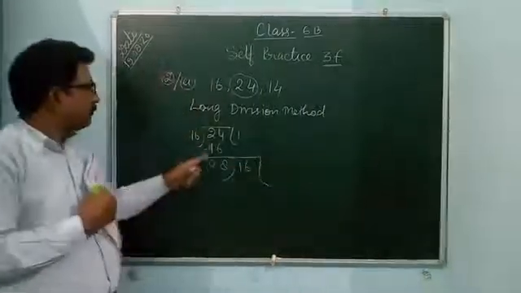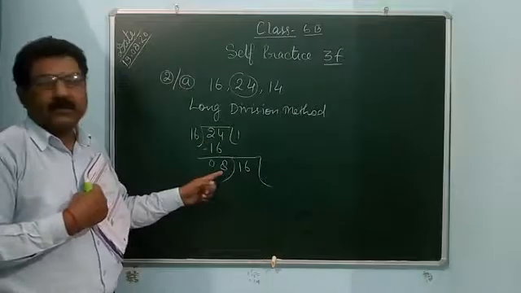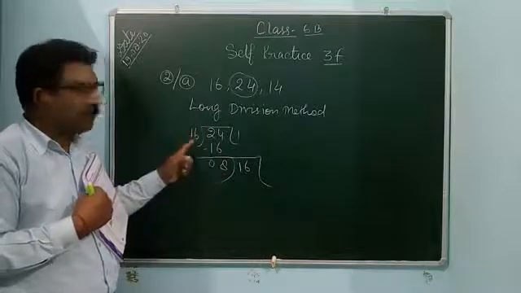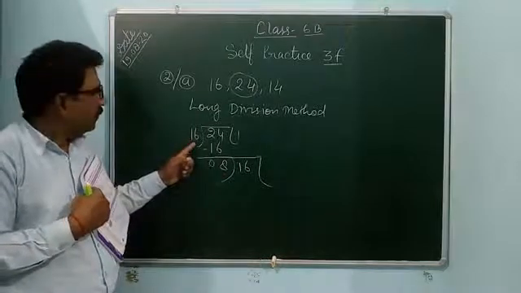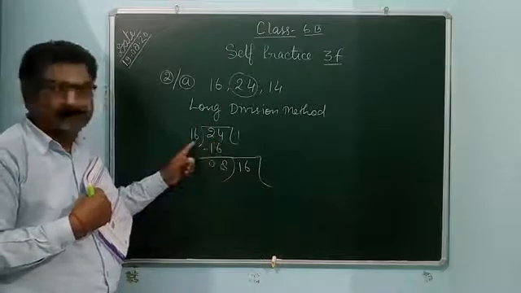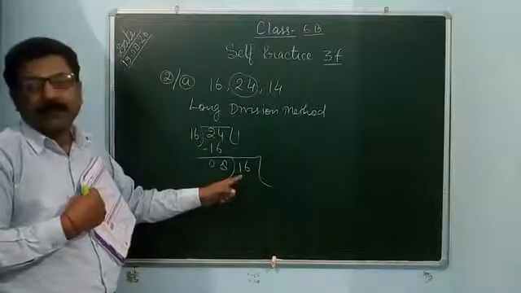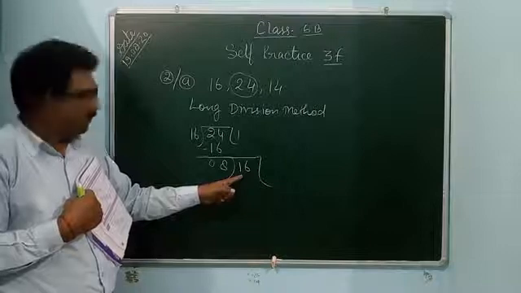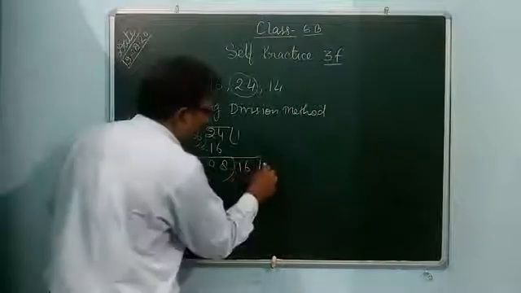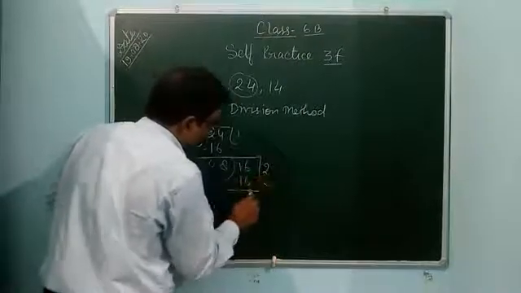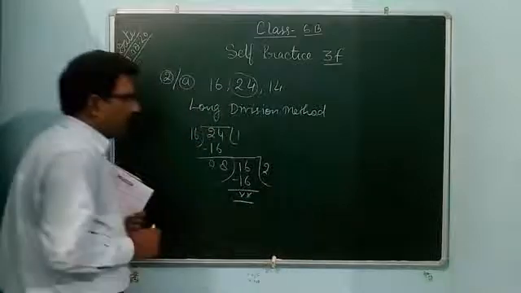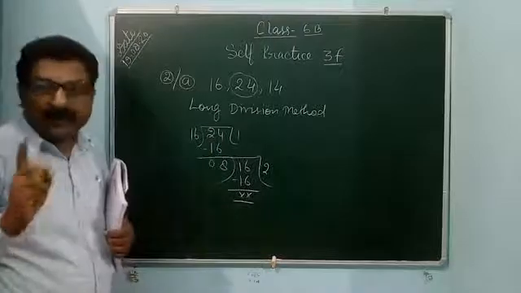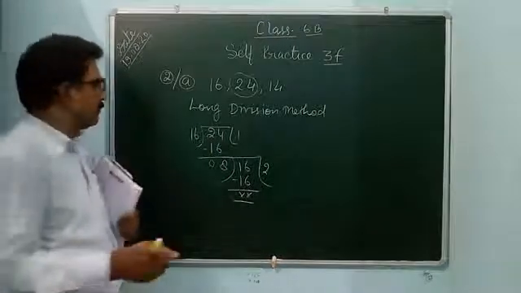See again. What is the remainder here? It will be the divisor, meaning 8 is the divisor. And here the divisor was 16. You divide 24 by 16, so in the second step 16 comes as the dividend. 8 twos are 16, so the remainder is 0. So it means 8 divides 24 and 16.